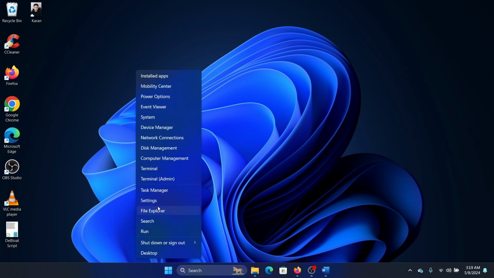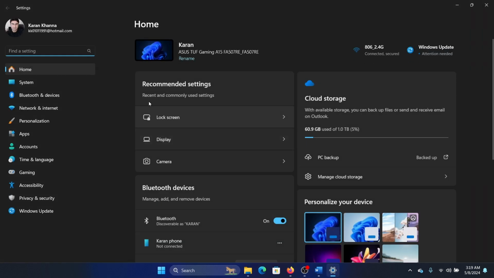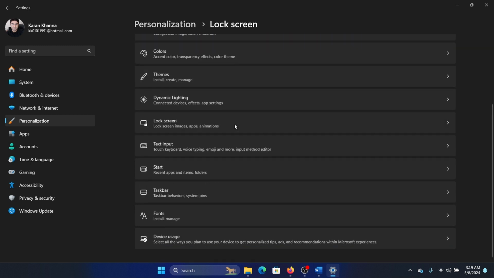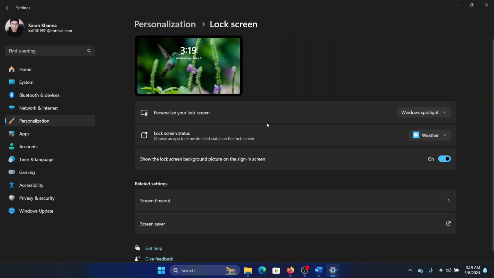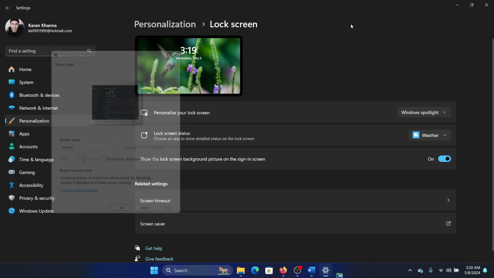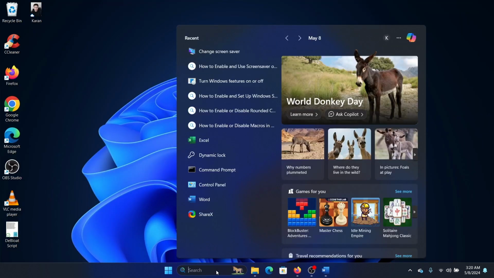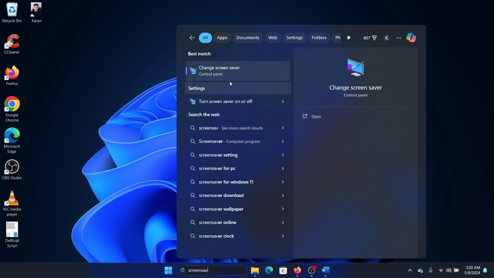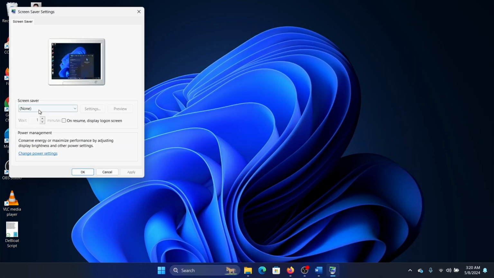Right click on the start button and select settings from the menu. Go to the personalization tab on the list on the left hand side. Select lock screen, and then there's an option for screensaver here, and you can reach the screensaver settings. Alternatively, you can simply search for screen saver and click on change screensaver, and this is the option where you